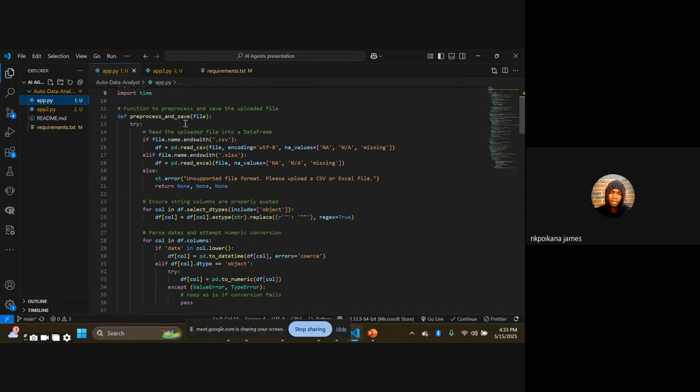So this is the function process and save. First thing, a user uploads the file. The file is saved as a data frame. For this version, we are only dealing with CSV files and XLSX files. So if a user uploads the file,